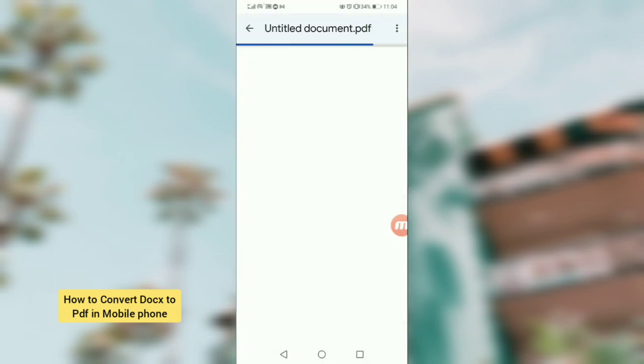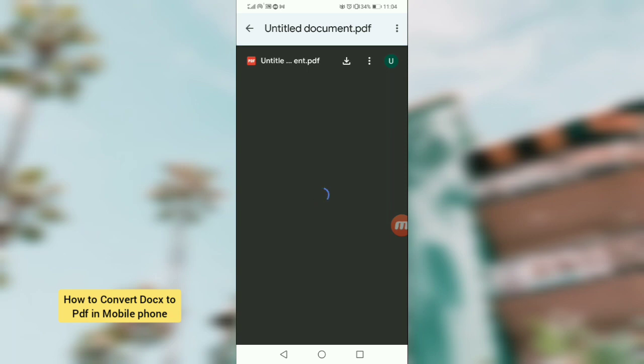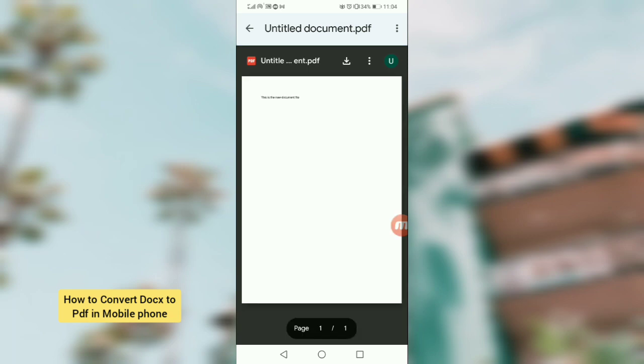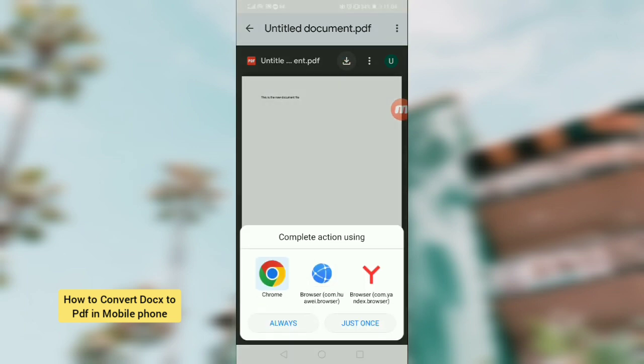Now this file has been converted to PDF, but how to download it? For this, tap on this download option. This will redirect you to Google Drive. So here select any web browser. I am selecting Chrome,